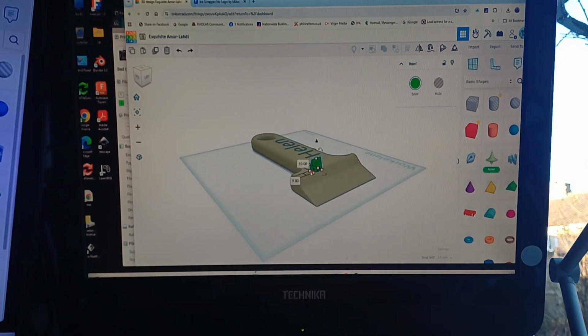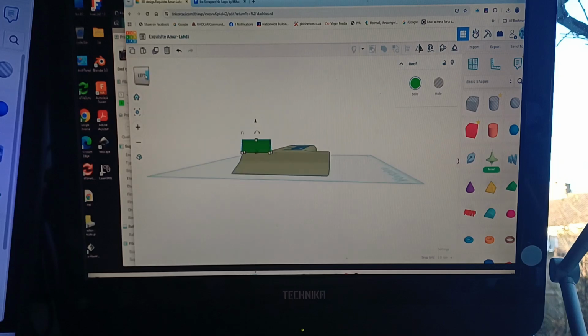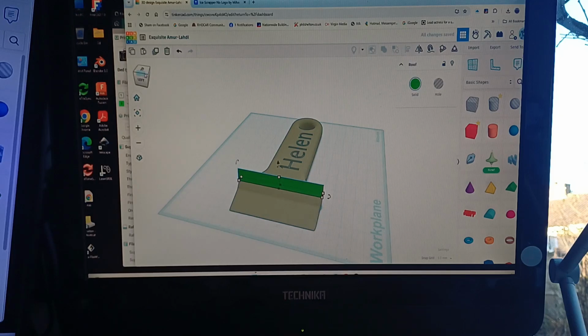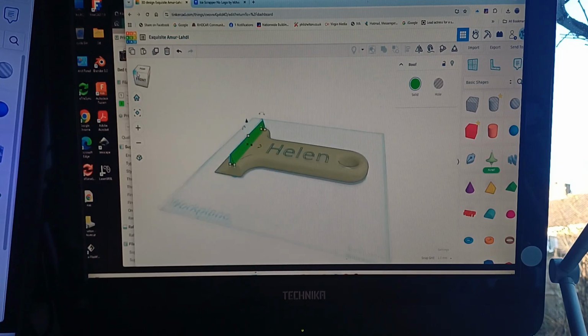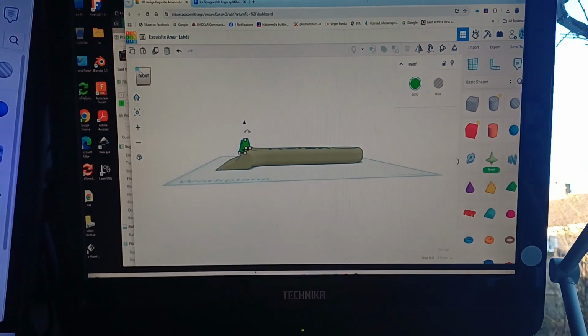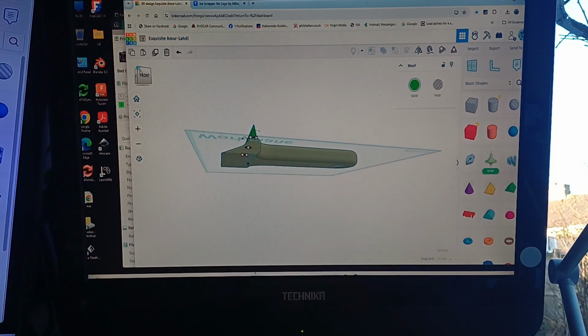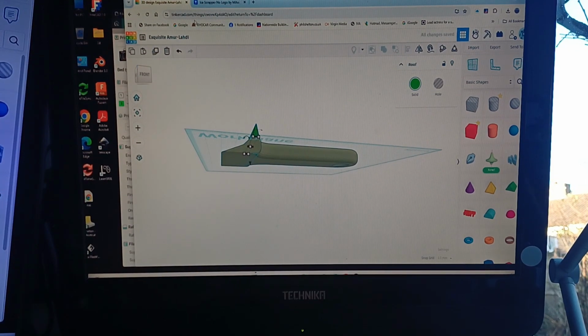What I'm trying to do is create this over the length, and the plan is that we'll print this bit here, which is why it's on a single layer, in some flexible TPU, and it should give us a scraper and a squeegee on the same handle. So just want to move it back in that way a bit so it's on the centre, and then